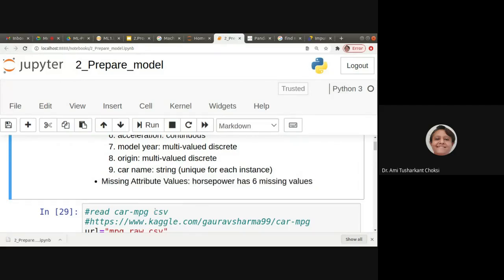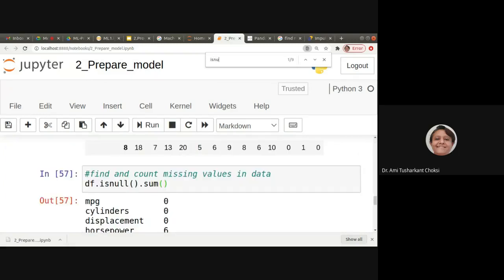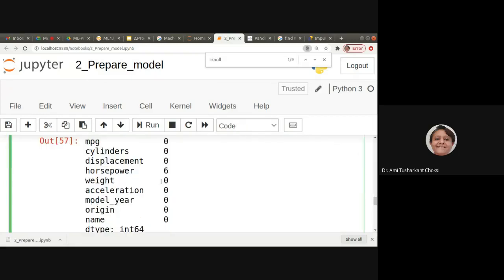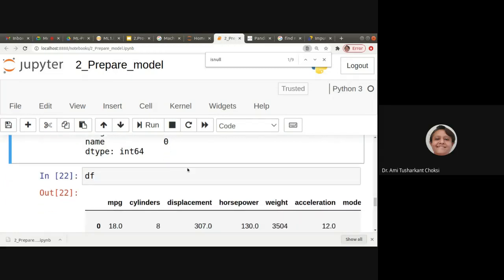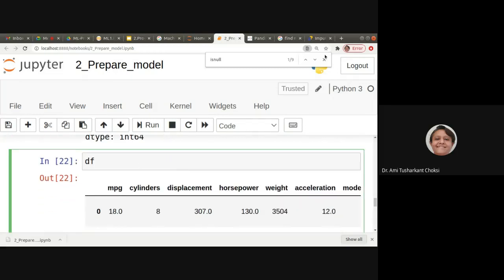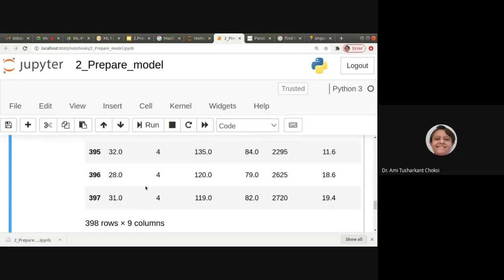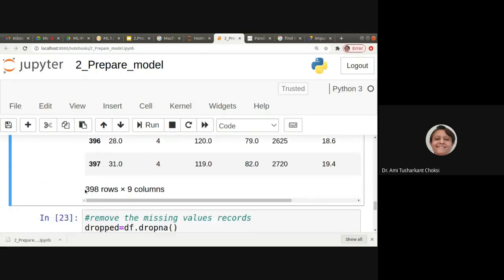So how to replace this? Now, first of all, let me show you the df, that is the original one, where the missing values are there. So total 398 rows are there.